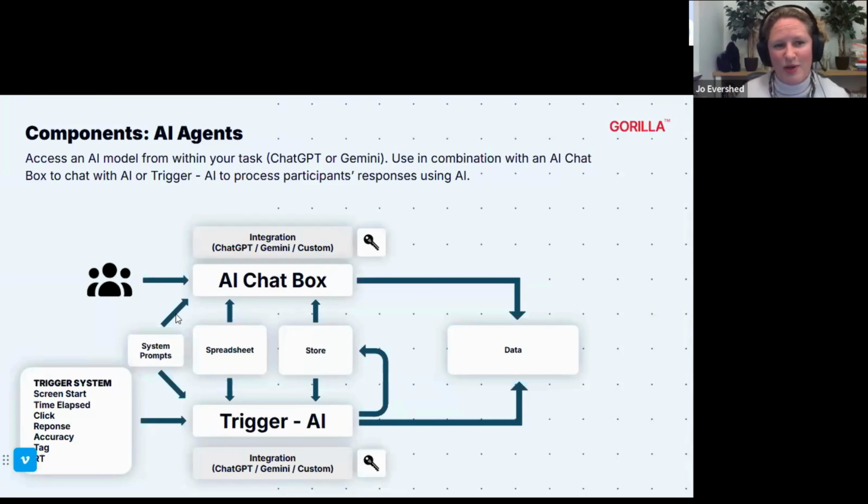There's one other thing as well, which we're going to show you at the end, which is the system prompts. You can have high level instructions that are always used in every AI interaction. This can be useful for integrating safeguarding. So if you want to make sure that participants aren't giving GDPR related information, you could put that in the overall system prompt. But we also use it in a later example where we get the AI to play tic-tac-toe